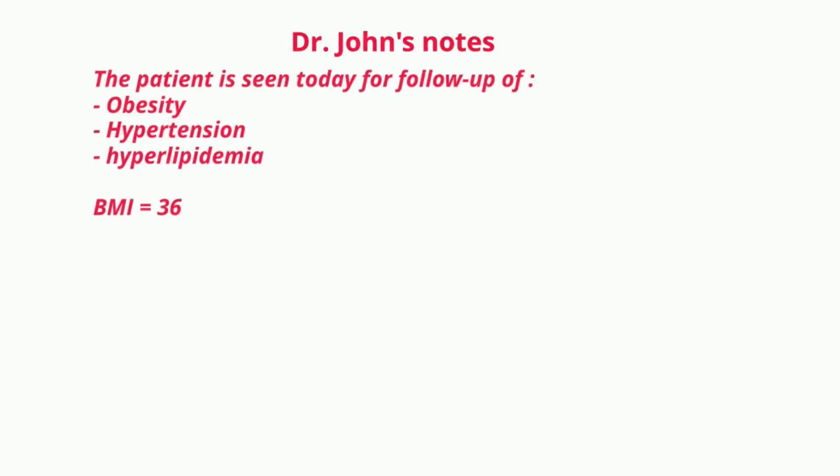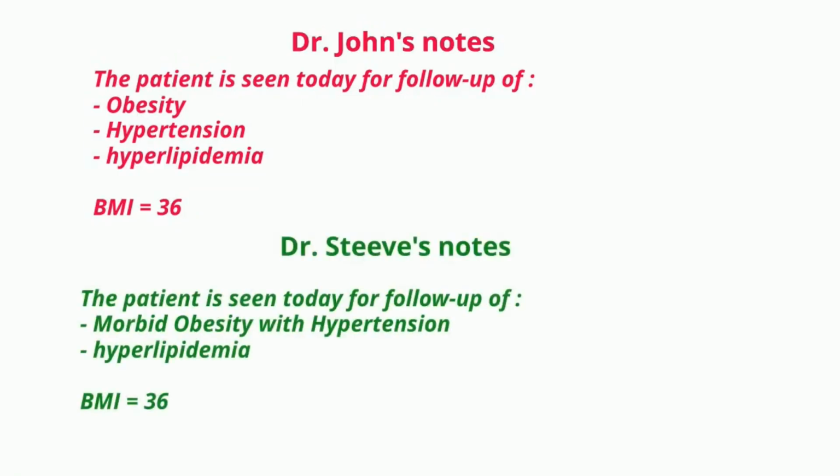For example, Dr. John documents his notes as follows. Patient is seen today for follow-up of obesity, hypertension and hyperlipidemia. His BMI was 36. And here is Dr. Steve's documentation. Patient is seen today for follow-up of obesity with hypertension and hyperlipidemia. His BMI was 36. Dr. Steve's documentation supports morbid obesity since he notes clearly the link between obesity and hypertension, by using the word